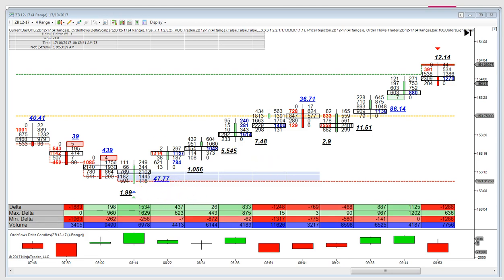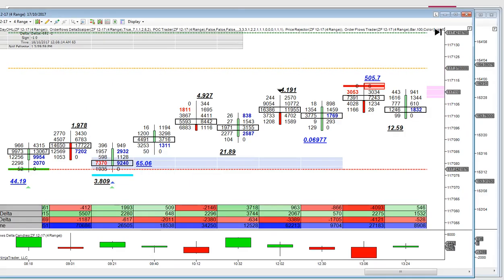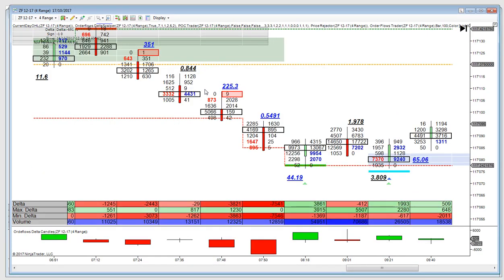Some people, they like action. They want to have 10 trades. They want to have as many trades as possible for some reason. I don't know. Maybe they want to put their broker's kid through school or something. I really don't understand that. It's not about the quantity of trades. It's the quality of the trades.